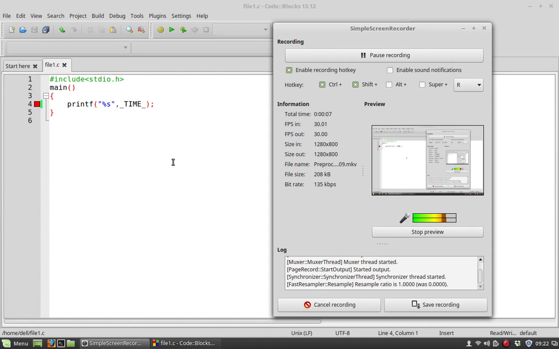Preprocessor operators. In the previous episodes, we studied predefined macros and C preprocessors. So in this reference, today we will discuss preprocessor operators. In the preprocessor operators,